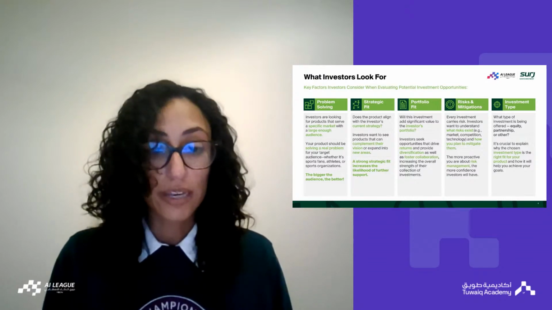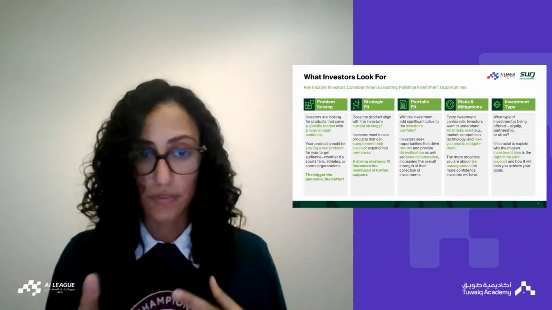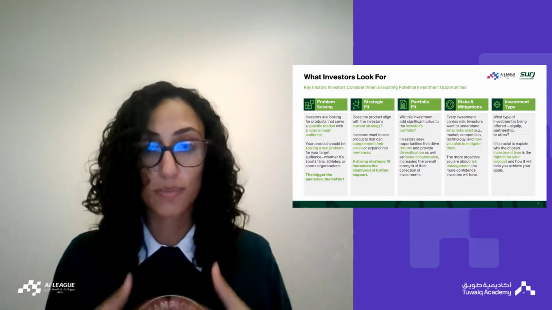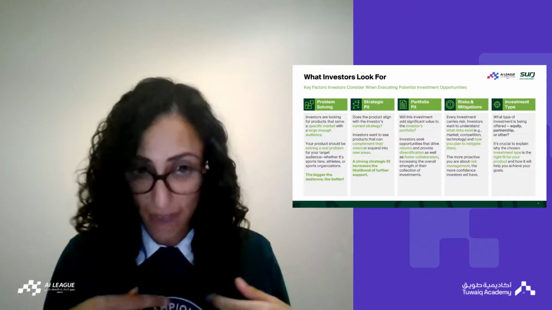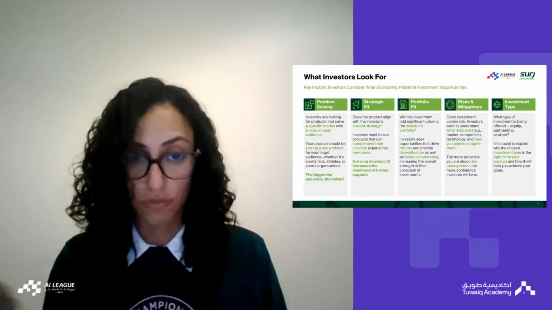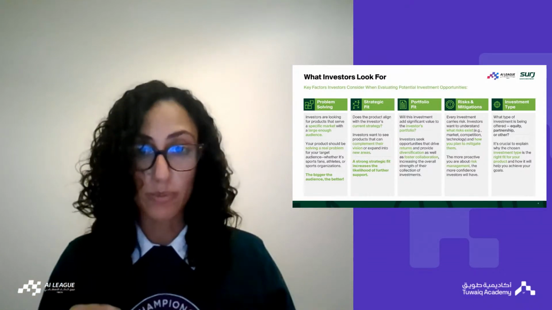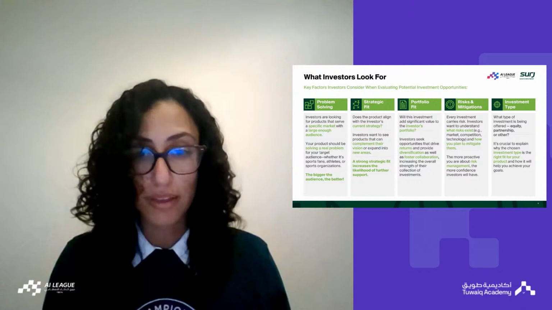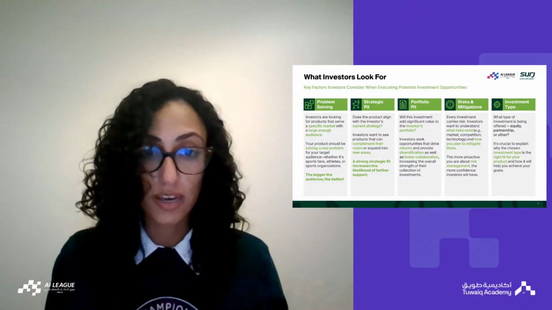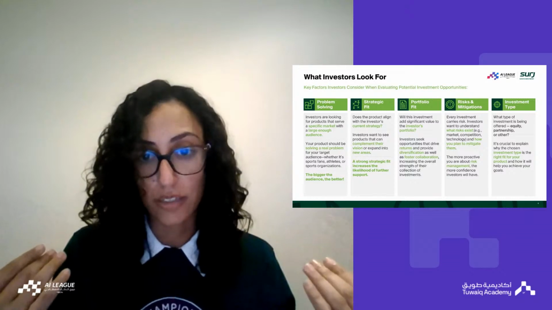The fourth thing is risks and mitigations. At the end of the day, if you're asking an investor to put capital or money towards your business, they have to understand the risks and how they're going to mitigate those risks, so solve for those risks. And the more you can help them identify the risks and, again, back to problem solving, help them understand how they can mitigate against those risks, then you're already giving yourself an advantage.